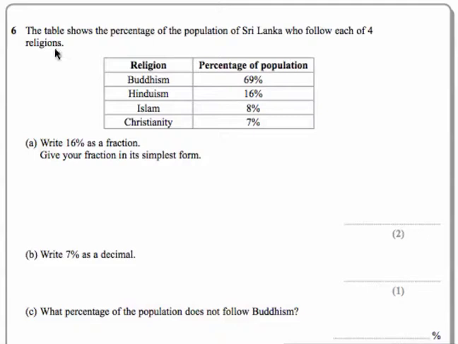Okay, question 6. The table shows the percentage of the population of Sri Lanka who follow each of 4 religions. We've got Buddhism, Hinduism, Islam and Christianity. And these are the percentages of the population. Now, what I'm going to do is, first of all, check that these do add up to 100%, because obviously there could be other religions